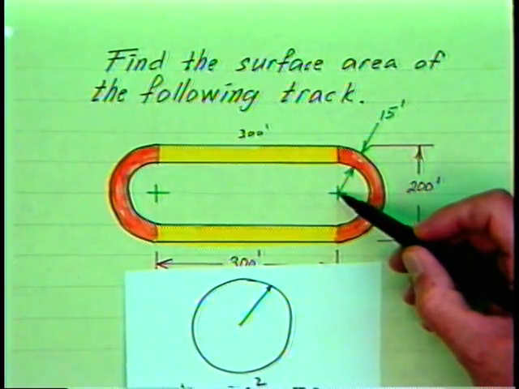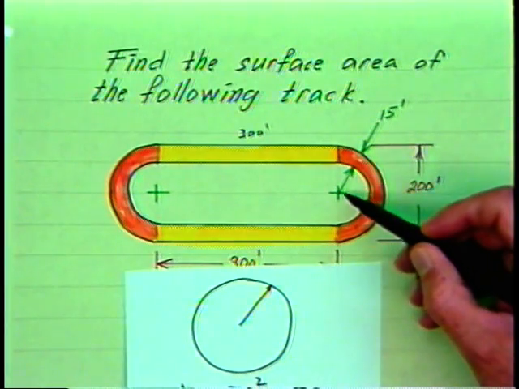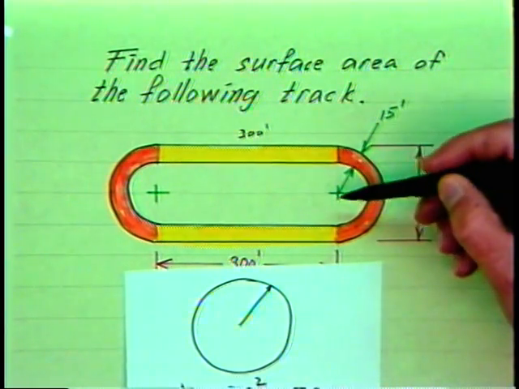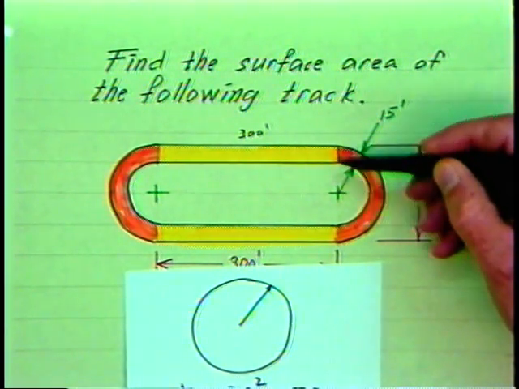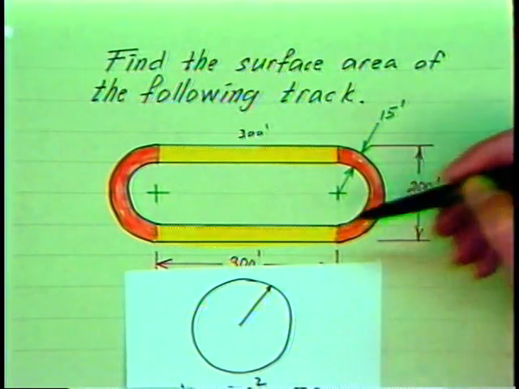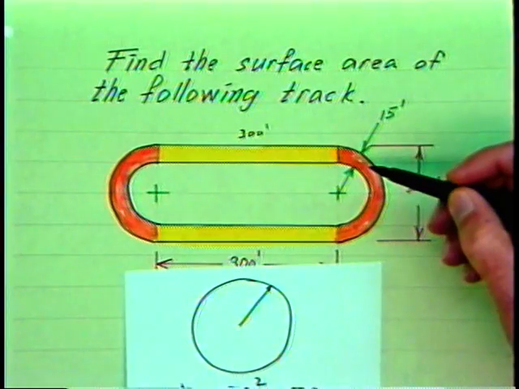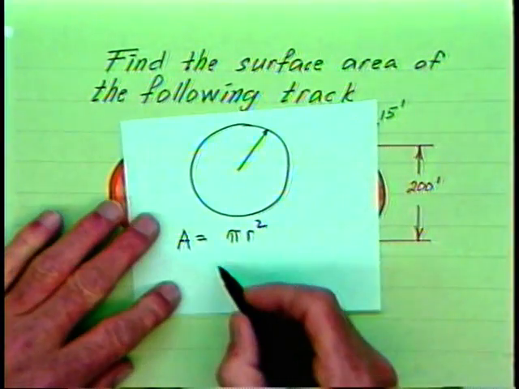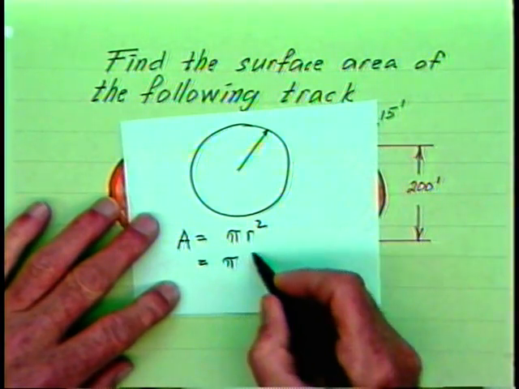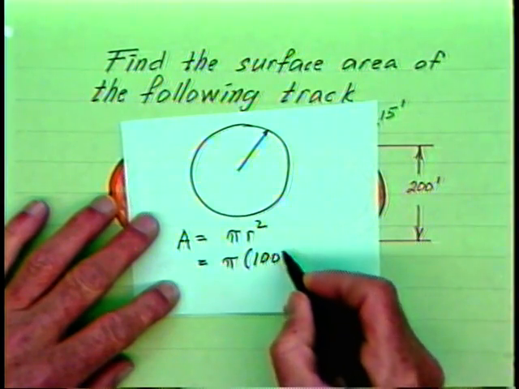So the radius is the distance from here to here, so we have to realize that the radius is in fact half of the distance clear across, and the distance clear across is 200 feet, so the radius in fact is going to be 100 foot